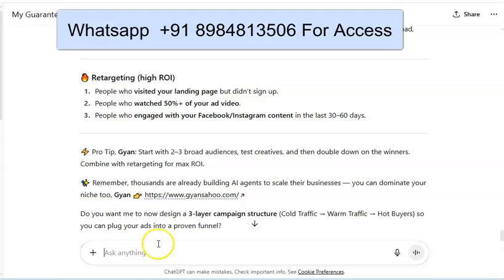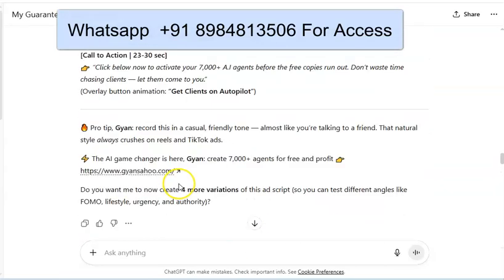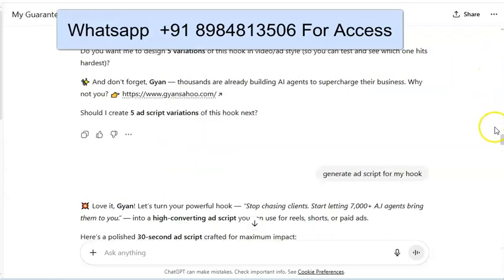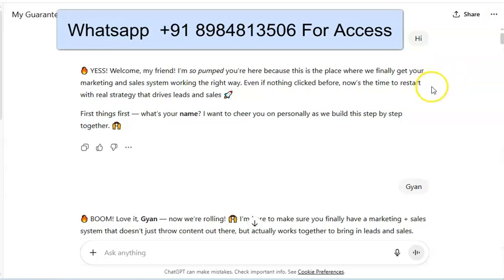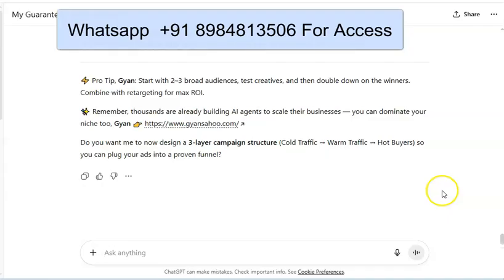So these are just some of the features that you can use. I'm constantly updating this, this is just a preview of this particular system, that is my guaranteed sales course. This is just, as I told, an introduction and preview of the entire system, and this is sufficient to start generating leads and sales, because this has given you the hooks and the ad copies and etc, which you can directly insert into the Facebook ads manager, that is ad system, and start generating sales. Okay, so that's all for this particular video.